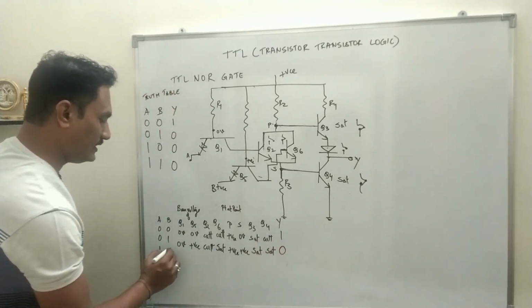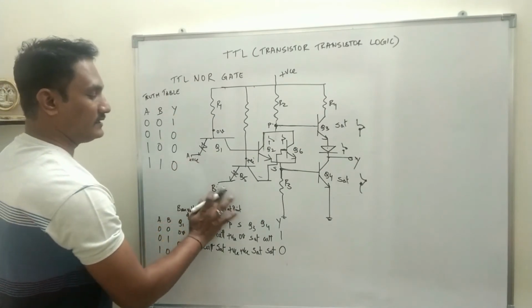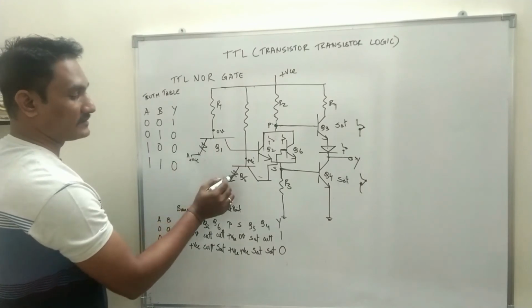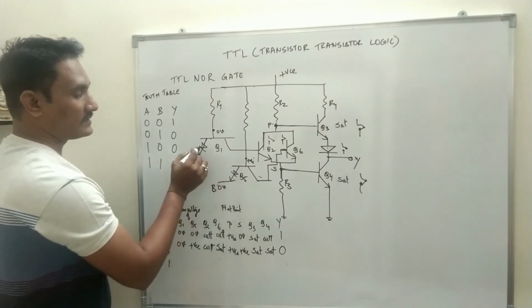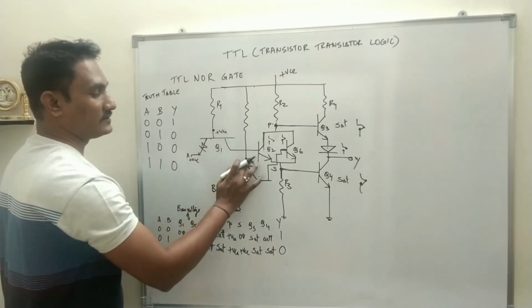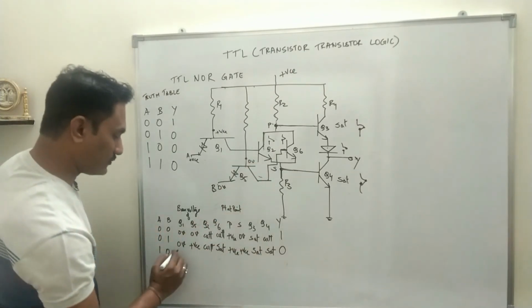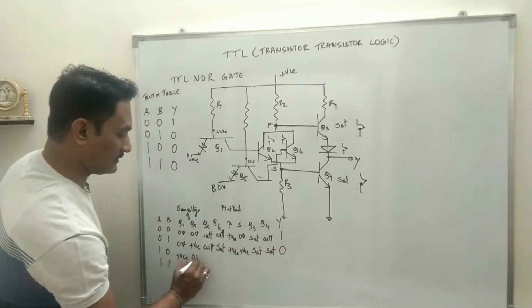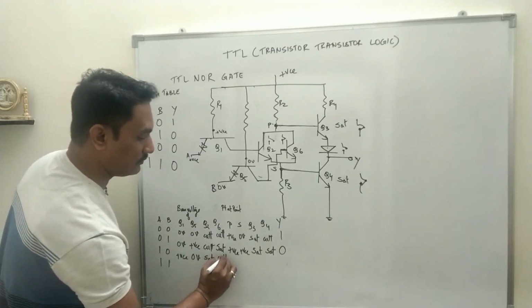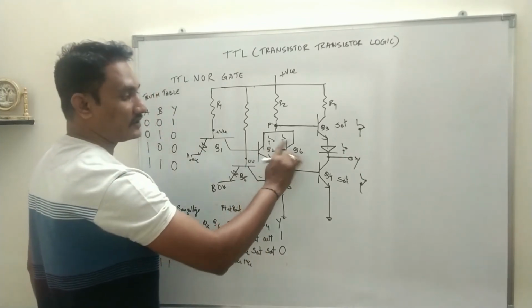Next, A is 1 and B is 0, that means A is plus VCC and B is 0 volt as the input. Now this diode is forward biased and this one is reverse biased. When it is reverse biased, the potential at the base of Q1 will be plus VCC. When it is forward biased, the base voltage of Q5 will be 0 volt. Now the reverse will happen, plus VCC and 0 volt. So Q2 will be in saturation, Q6 will be in cutoff. Polarity remains the same because current will flow as long as either of the transistors is on.